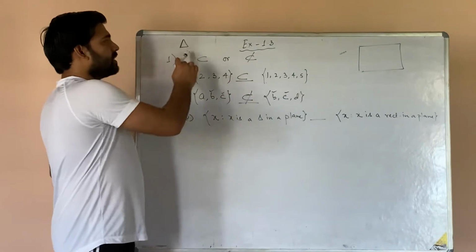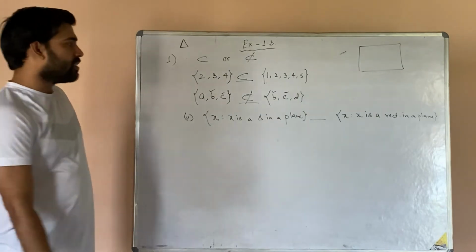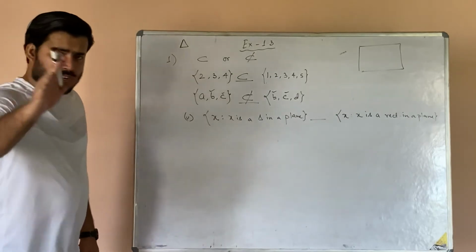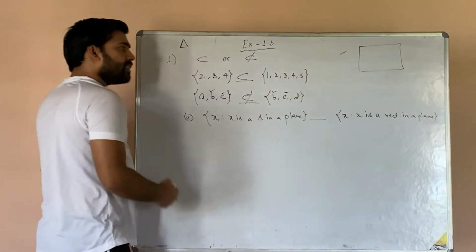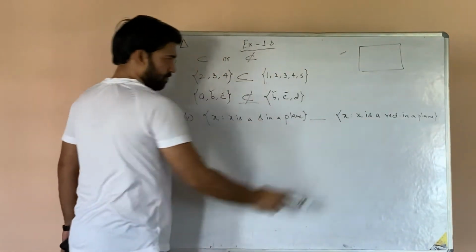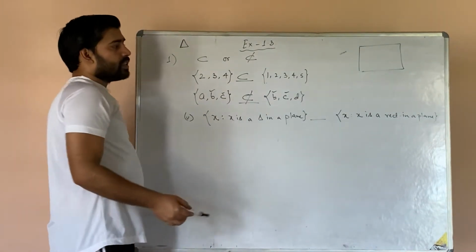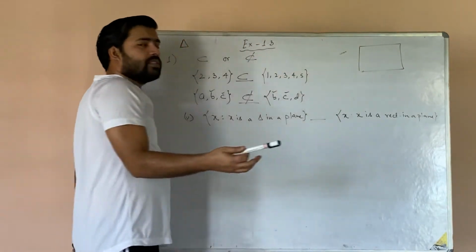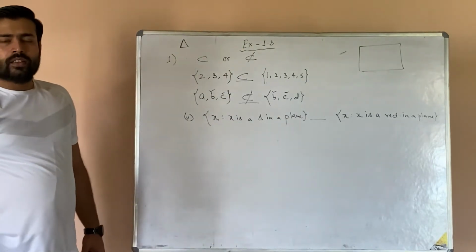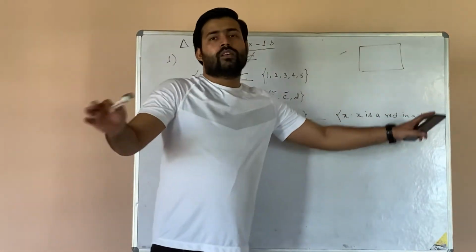Had it been a subset, then the triangle would have been lying inside the rectangle. But there is no such criterion mentioned here that the triangle has to be inside the rectangle only. Now one case you can take: say the surface is rectangular and that whole surface is taken as this rectangle. Am I clear? Here it is not mentioned what sort of plane it is. Right now we are taking a plane which is rectangular in shape. Fine. But it's not always necessary that the plane has to be a rectangle.